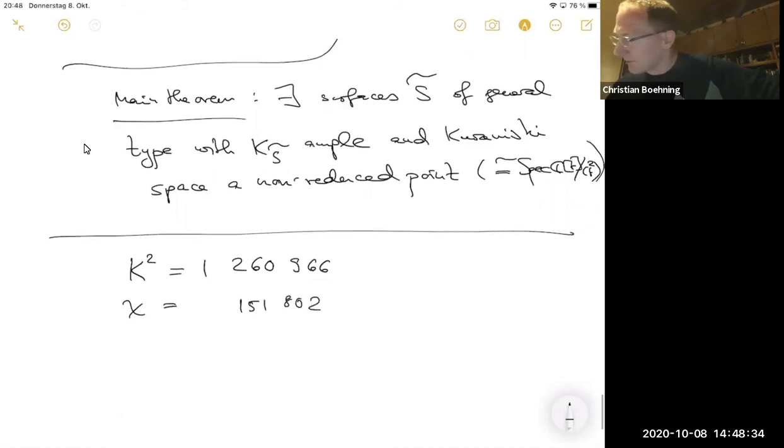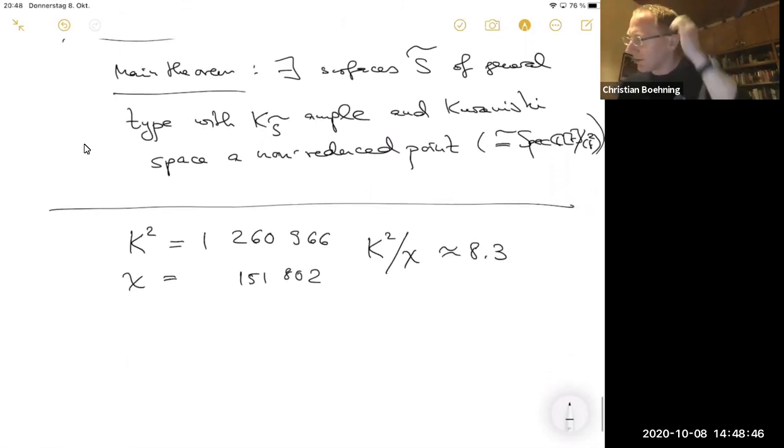And so what I just want to say is that the ratio K squared divided by chi is approximately 8.3, which is good because it's between 5 and 9. And so, I mean, K squared should be less than 9 chi, so that the surface can even exist and satisfy the